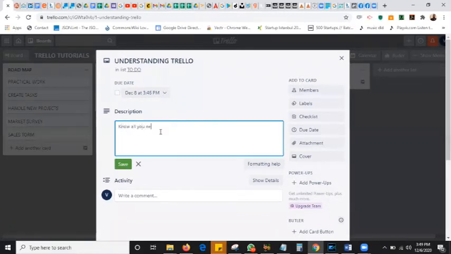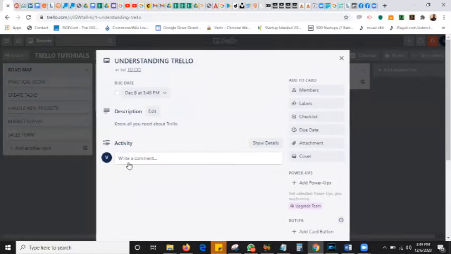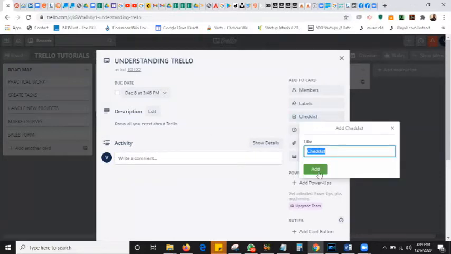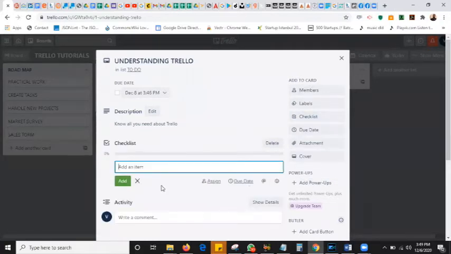Okay, there's a description where you say all you need of Trello. So you just write as much information as possible so that whoever will be handling the task can understand what it needs to do. Okay, having done this, you need a checklist for the person to tick so they know that this task has been done, and you say start,